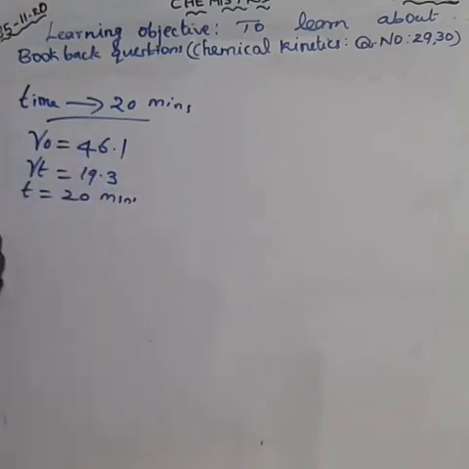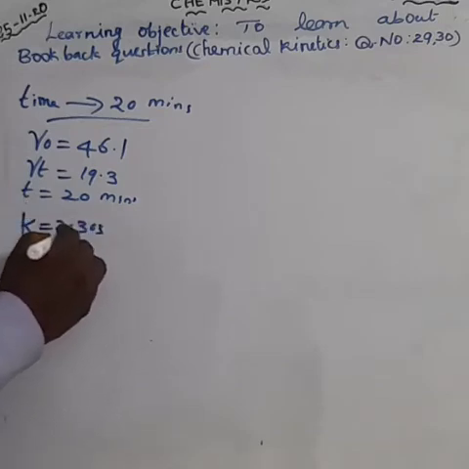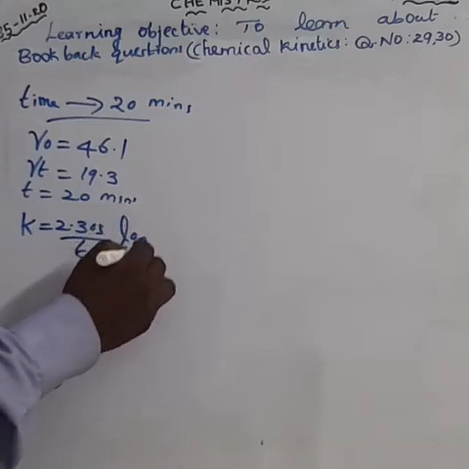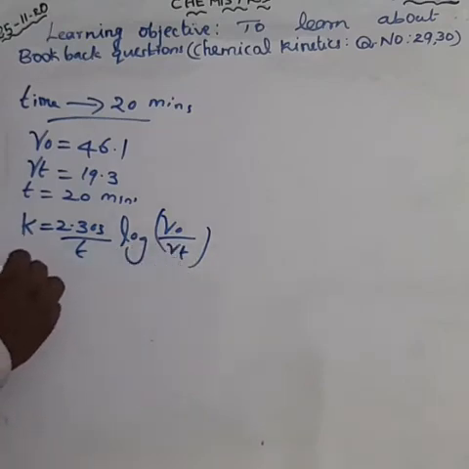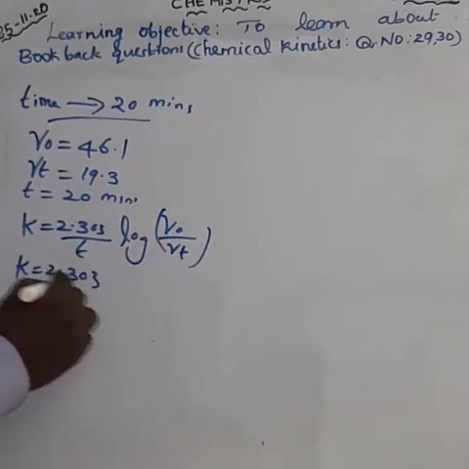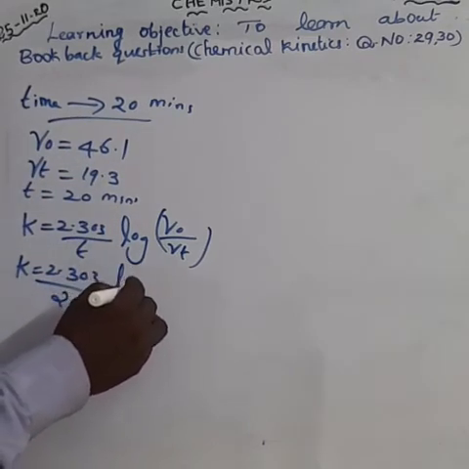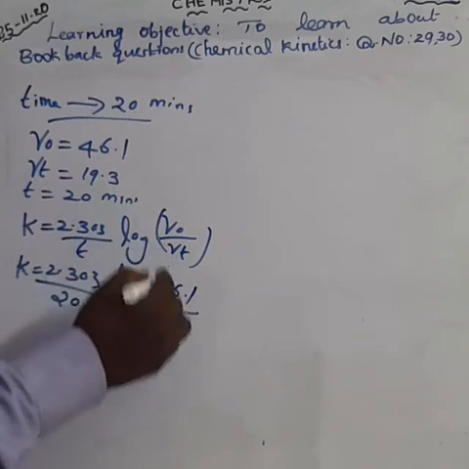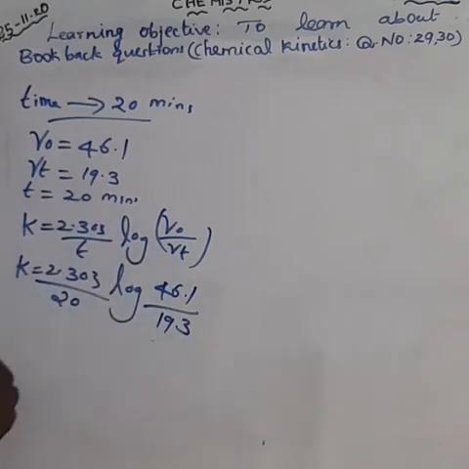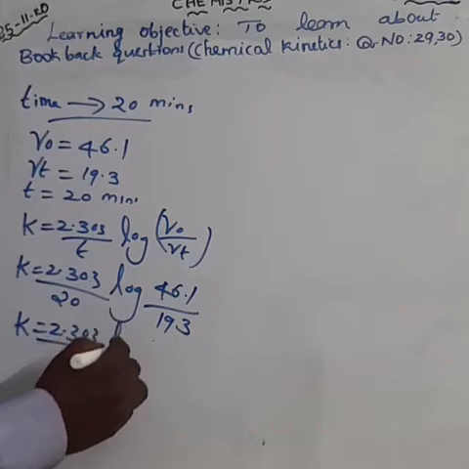We can apply the formula here. K is equal to 2.303 by t log V naught by Vt. This is the formula. K is equal to 2.303 by time, which is 20 minutes. So we have to put 20 log. What's the value of V naught? 46.1, divided by what's the value of Vt? 90.3. Clear? So K is equal to 2.303 divided by 20 log